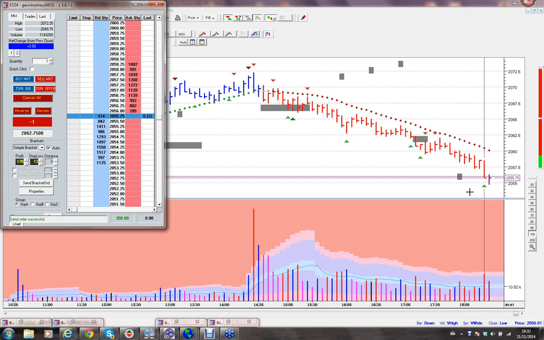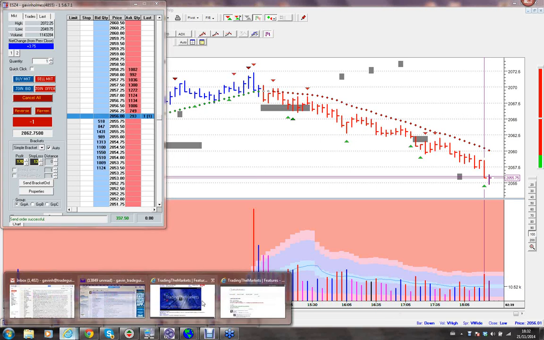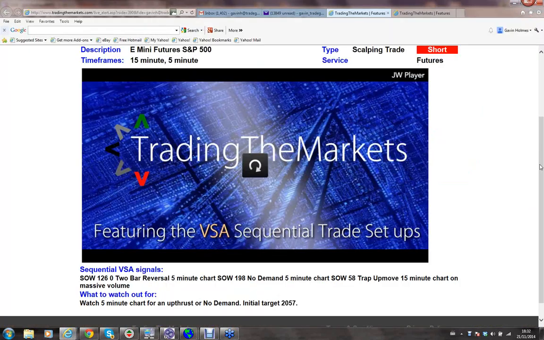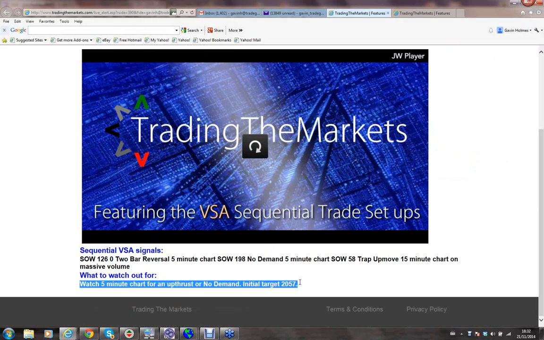Now we're at a key level. 2055 is actually quite a key critical level based on the point and figure charts. If you look at the alert that we sent out earlier, you can see that my initial target on the alert, which has already gone through it, was 2057. I don't want to be greedy with the market. The market is telling me something. We know that it's moved down. We know the principles are there. 2057 was the target. That's where we might find some principles coming back in.